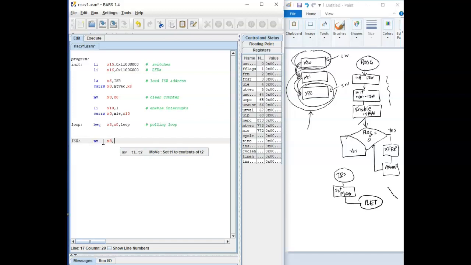We need to move a 1 into it. It looks like we still have 1 in x10. So we'll use x10 to set that thing. Move, we'll say set x8. Okay, and then this end of this thing, MRT,